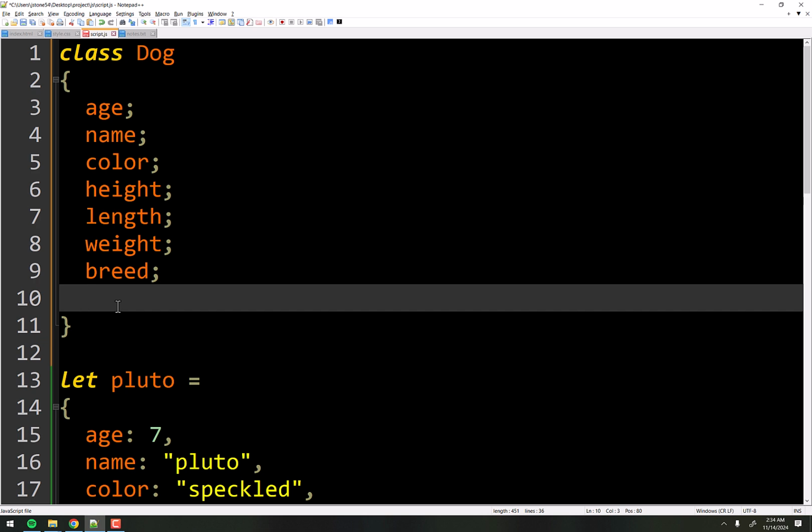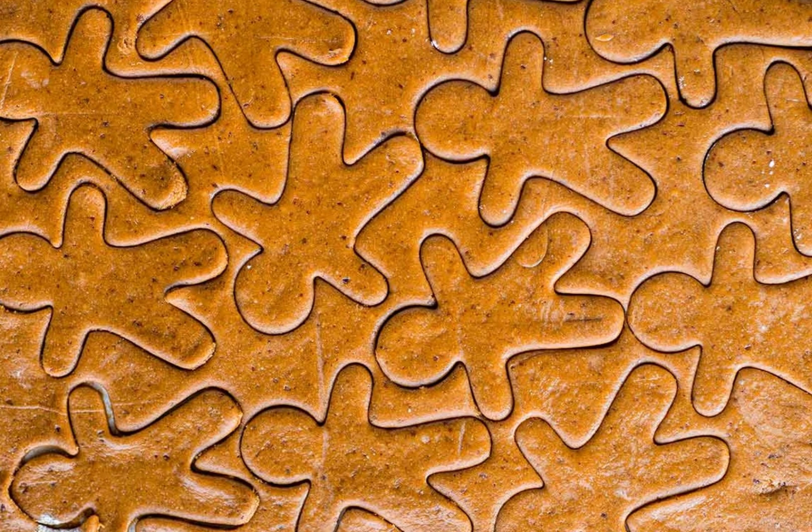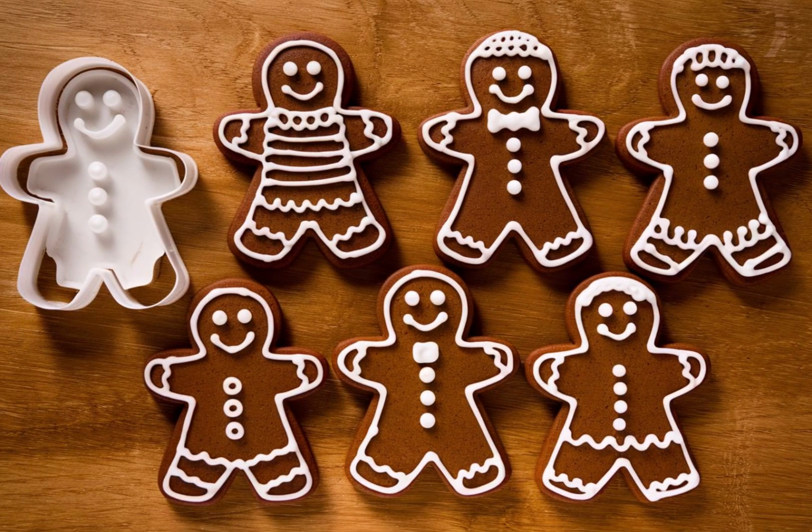And then you stamp out another one, and then another one. And so now you have like 5 or 6 gingerbread guys. They all look exactly the same. You bake them, and when you're done, they all look the same because they came from the same cookie cutter. But then you decorate them. When you decorate them, you change the color of it, or maybe you put a little bow tie on one of them, or maybe one's got more beady eyes than the other, or maybe you put a couple little dots to make it look like buttons, or you make a scarf on them, and they all look different.